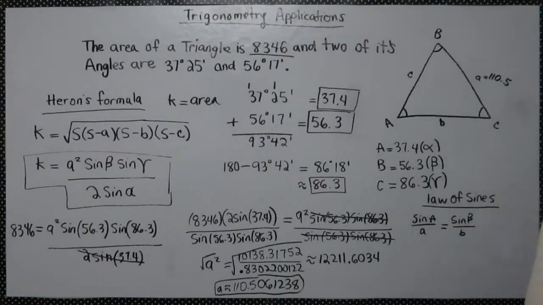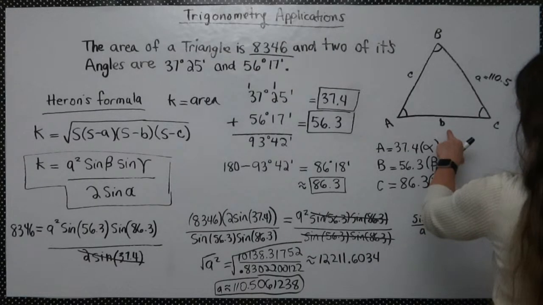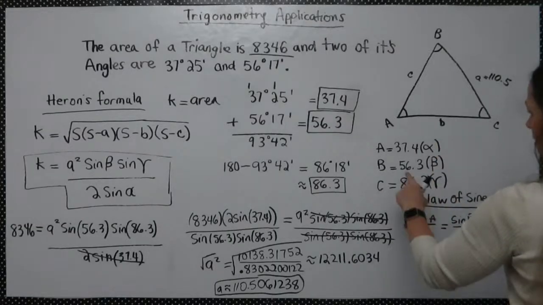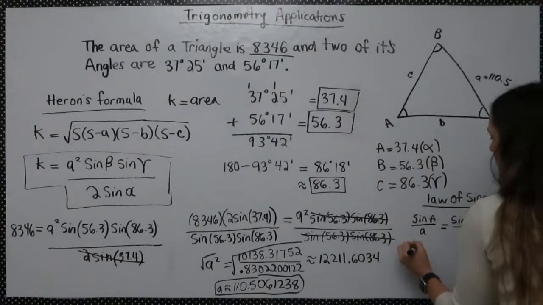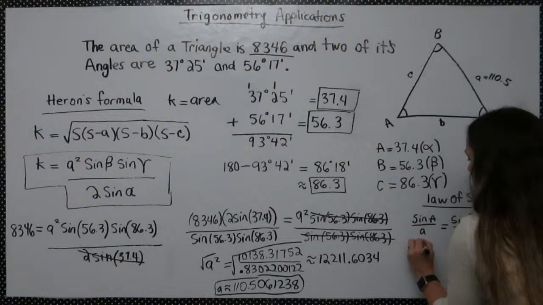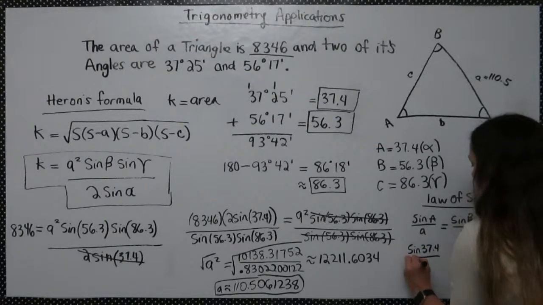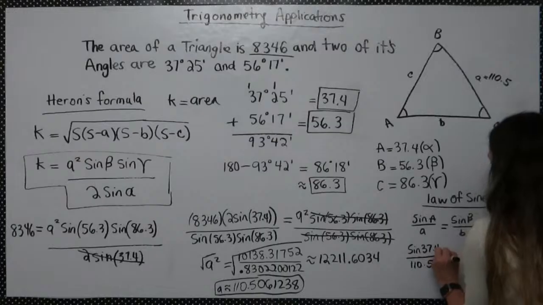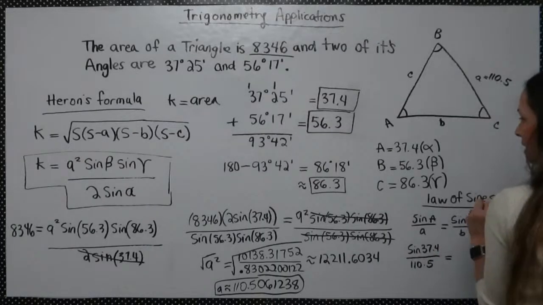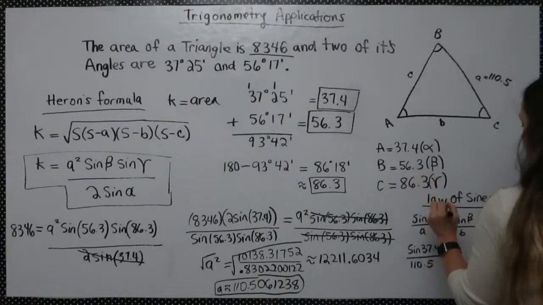So let's find side B using sine A. So A is 37.4, so it's going to be sine 37.4 over 110.5, and that's going to equal the sine of beta, 56.3,